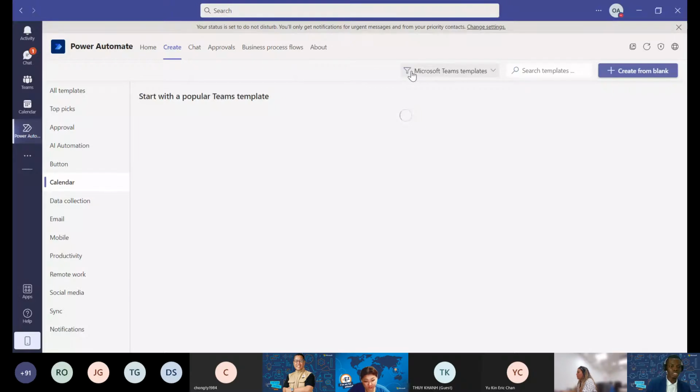Let me even say, I don't want to use all these templates. If I click on create from blank,